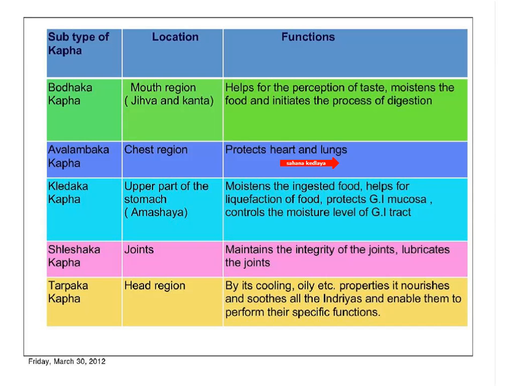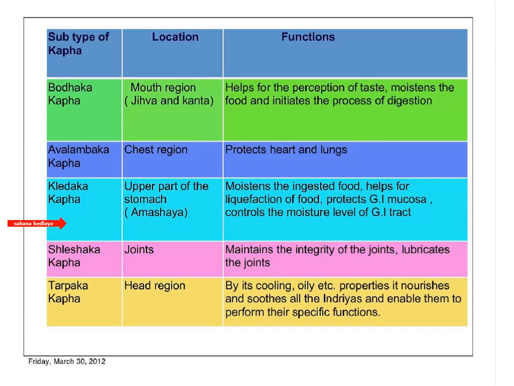If this avalambaka kapha becomes excess, then there will be excessive secretion of the pericardial and the pleural fluid, which results in edema of that area. And if the avalambaka kapha is low, the pericardial and the pleural secretions will be low. Then the heart and lungs can be directly prone to the shock effect of trauma or injury. The protection will be reduced and they become less lubricated, more dry in nature. That is the effect of increase or decrease in the avalambaka kapha.